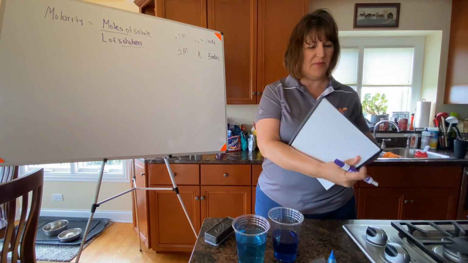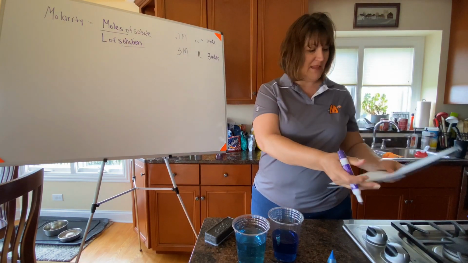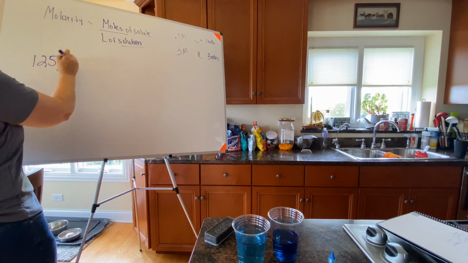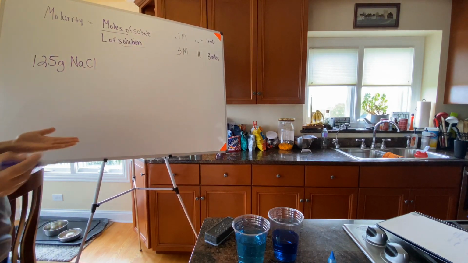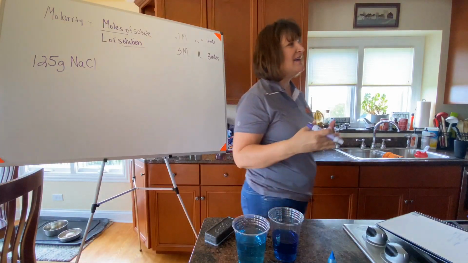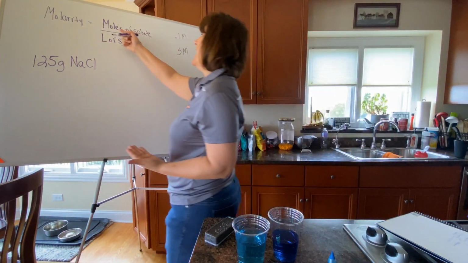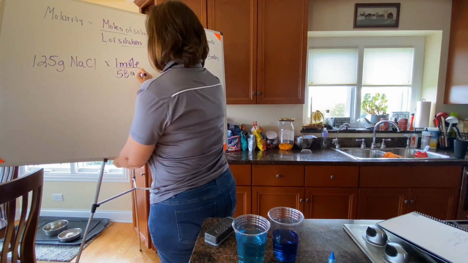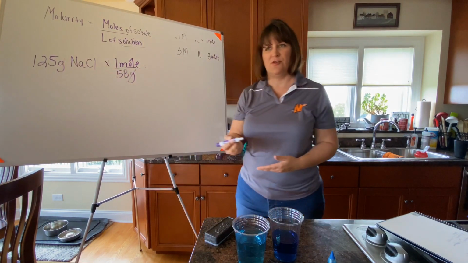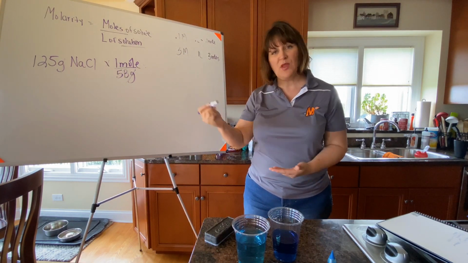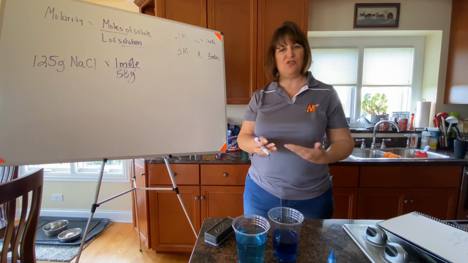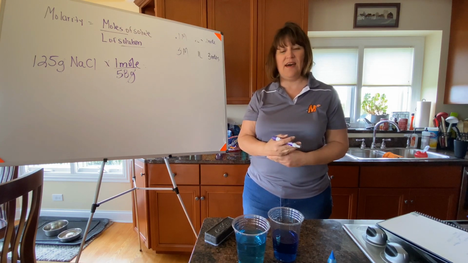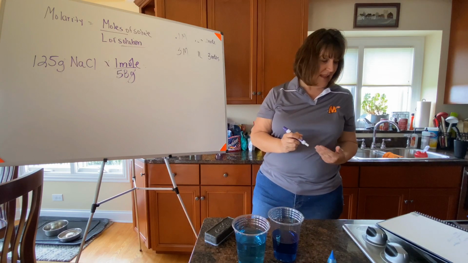So let's pretend I'm going to make a salt solution. And my salt solution contains 125 grams of NaCl. Well, right away we know that if I give you 125 grams, but my equation asks for moles, I need to convert. Now, where did I get 58 grams from? Molar mass of NaCl. Going to your periodic table, we've been doing this since before the pandemic closed us down. Na is 23, Cl is 35. Add them together to get your 58. This converts to